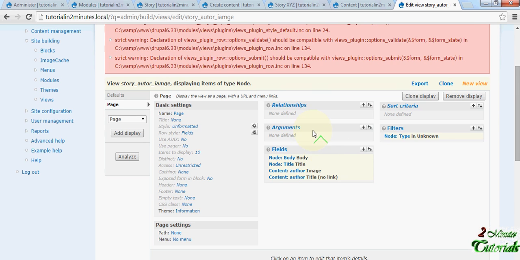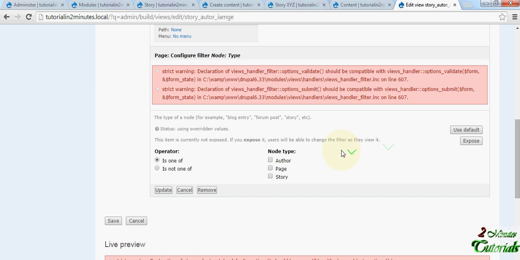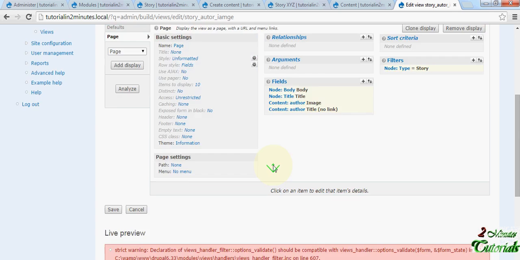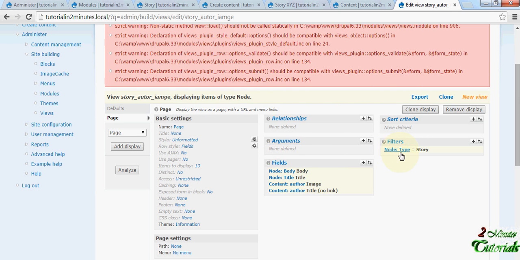Okay, so here we want a reference also, since the author name and the author image have no reference at all. So from where can we get the data from a node type story? How can we get the data for the author image when it's not available in the story? So we'll create one relationship,